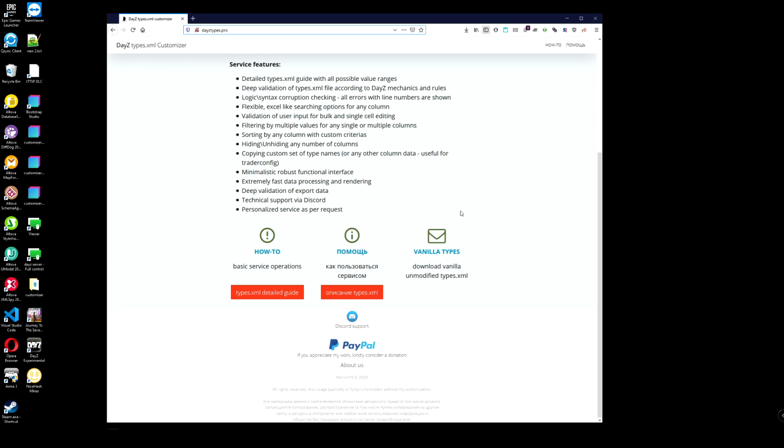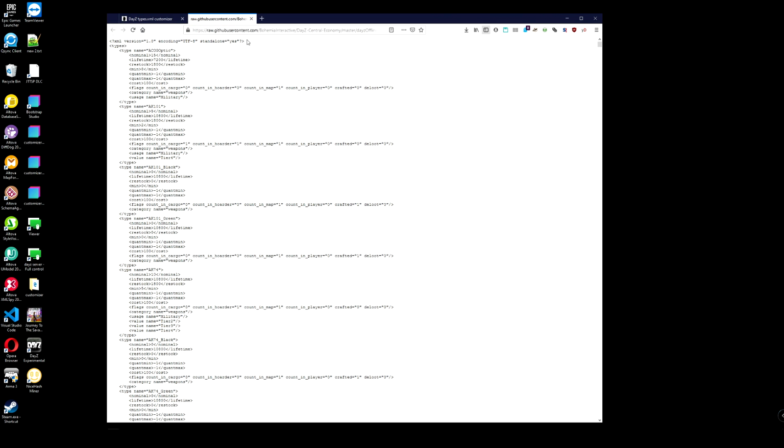Okay. Vanilla types. Vanilla types is the file. It's actually on the GitHub of Bohemia, and this is raw, unchanged, clean types.xml, with all the latest changes which they're making on the GitHub.